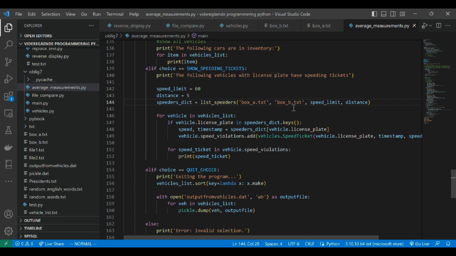We used a list speeder function that I made, and we used the speed limit and distance 5, and for vehicles, if the vehicle's license plate is in the speeder's keys, then we tuple unpack the speeder's dict, which is this, because we return a tuple from this,